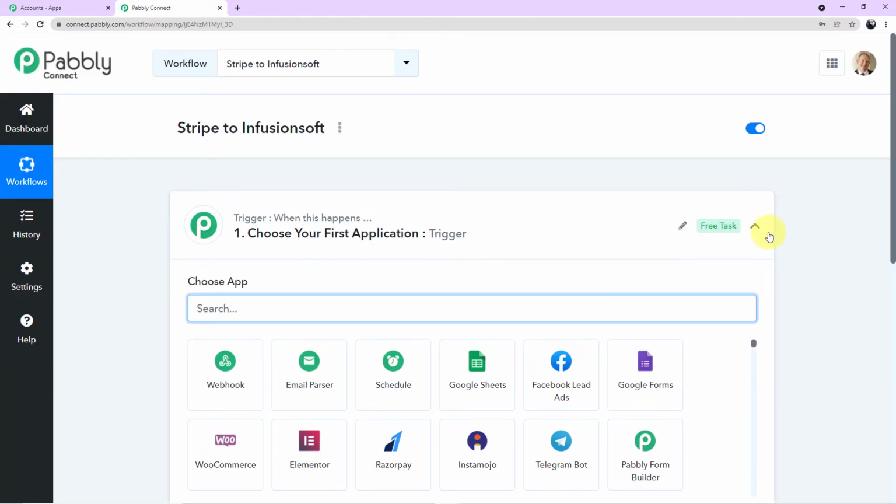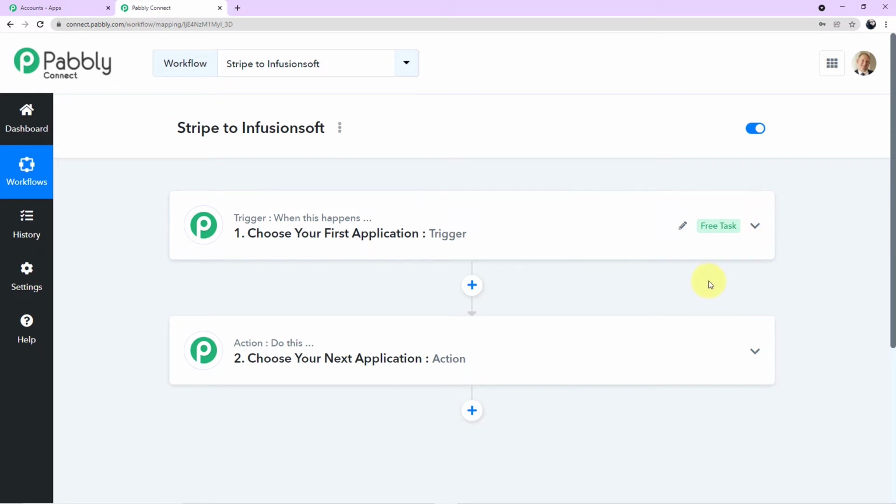And now we have entered the workflow. Here we will be performing the steps of integration. You can see the title name which I have given, Stripe to Infusionsoft. Now before we start with the steps, let me tell you the workflow which we are creating today. I'll add the link of this workflow in my description box. So you can click on the link, and you can directly clone the same workflow, guys, into your free Pabbly Connect account. Don't forget to go and check, okay?